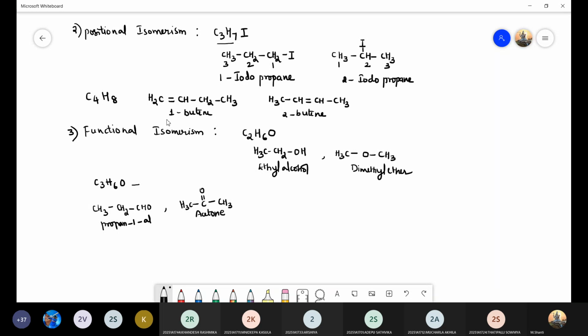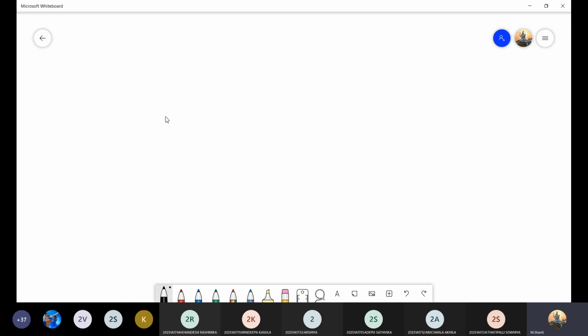Then next, coming to the configuration isomers. All these are the examples of the structural isomers. Any doubts till here? Next one would be your configurational isomers. These are a few examples of structural isomers. Now coming to the stereoisomers. Under stereo, I told you in the beginning there are two types. One is the configurational isomers, the other one is the conformational isomers. So first we'll see what configurational isomers are.